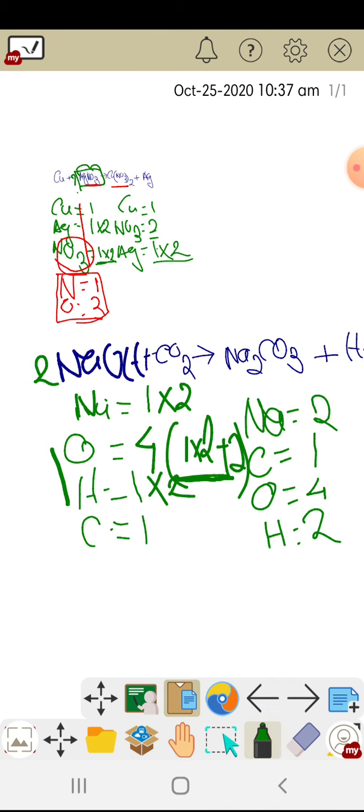Another thing you could have asked, why could we not have taken carbon dioxide? Yes, we could have taken carbon dioxide, but it would have been a bit complicated, as I told. Try to go for the safer means. If we would have taken carbon dioxide, then another oxygen is also here. What will we do with that? We cannot make carbon dioxide, right? That would have been a problem.